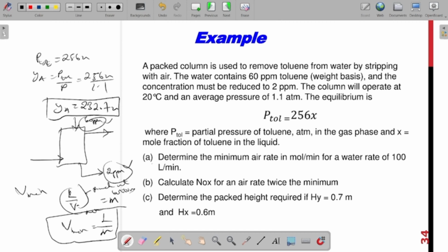And also calculate for NOx for an air rate twice the minimum. So if I get the minimum, then twice that, I use that one, and they're asking me to find the NOx. So you know how to find NOx. It's using the X's. I have XC and I have XB. So I get my NOx, which is XB minus XC over the log mean of this thing. So we try to also find XA and XB, and using that one, we try to get this in terms of